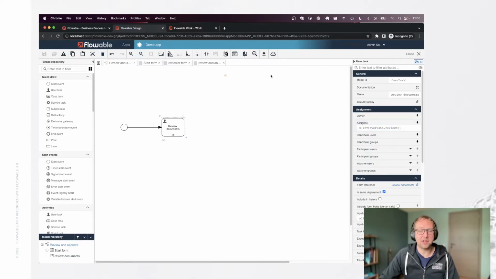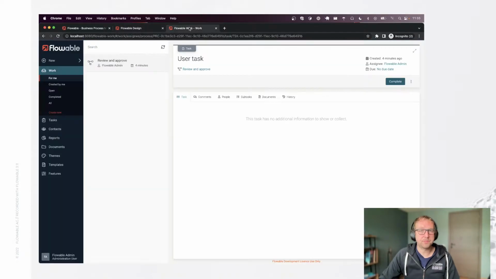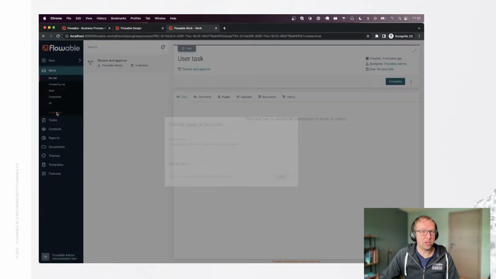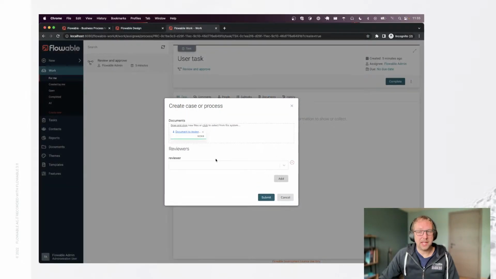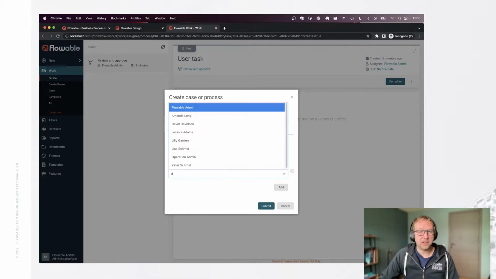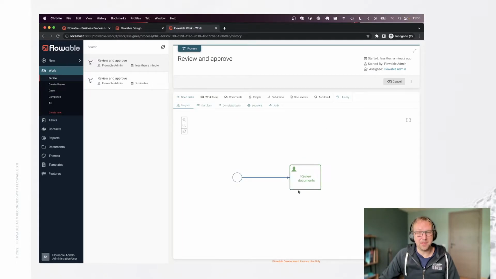All right, let's give that a go. Save it all, publish it. Here we go. Create a new instance, go to Flowable Work. Load the document again. Add somebody random here. Add another person. Here we go. Submit it. And you can see that the system now actually, if I check the runtime, it's now the review